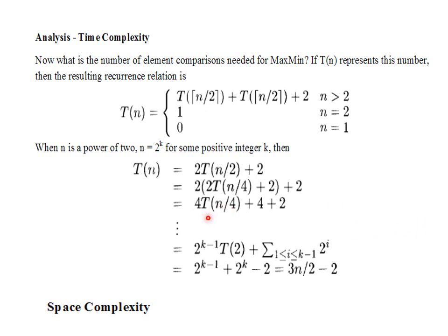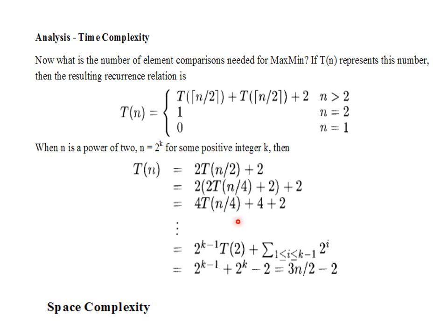And 2 to the power k, assume that 2 to the power k itself is equal to 2 to the power i and it is n. We are expressing n in the form of 2 to the power k, or we can take n as 2 to the power i also, no problem. Even i or k, any constant we can take, no problem. So here 2 to the power k minus 1 and here t of n divided by 2 to the power k minus 1.